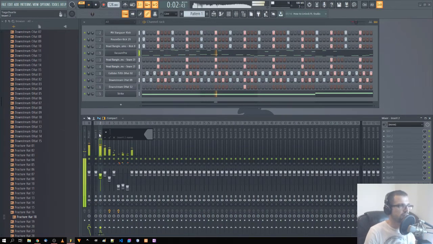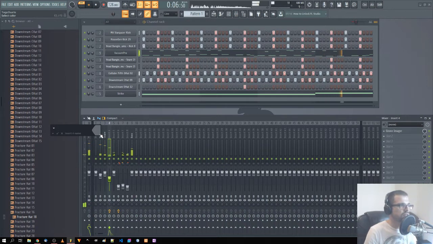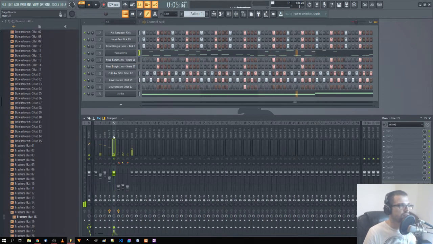Okay, this is the kick. Let's name everything: snare 1, snare 2. What is this? Okay, so this is 5, which is on 5. Okay, so this is the drum loop,